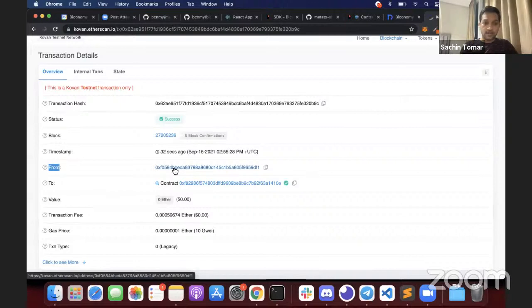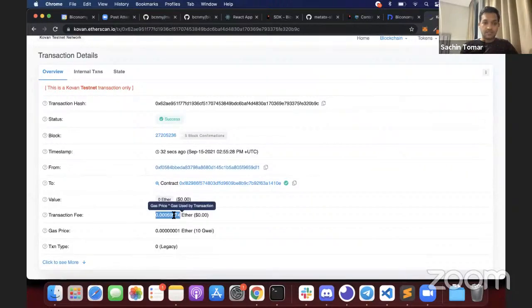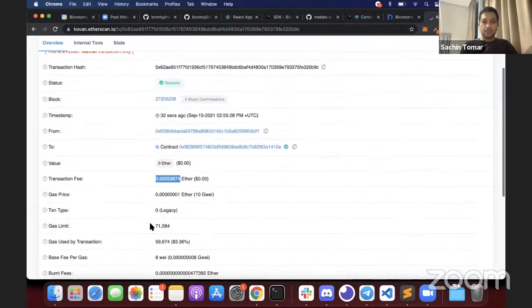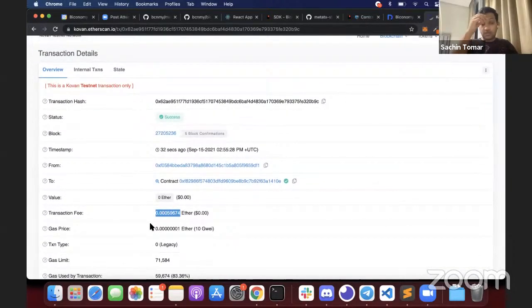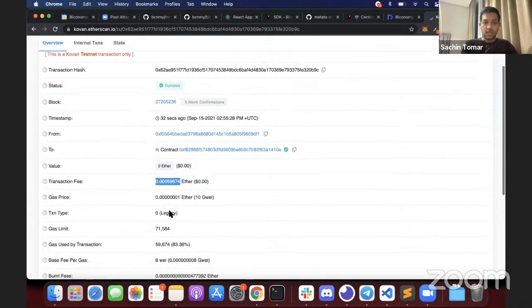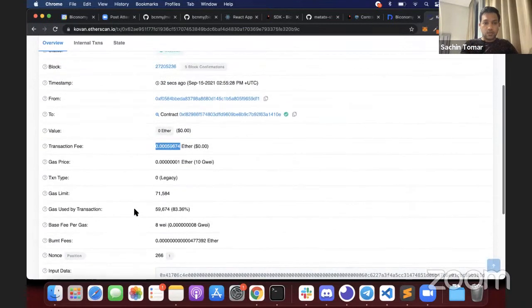So these are Biconomy relayer's address, and whatever transaction fee is being paid, this address has actually paid, and I have not paid these gas fees. Whatever these gas fees are, the developer of the application is actually covering them for the users. And one more thing I wanted to show,